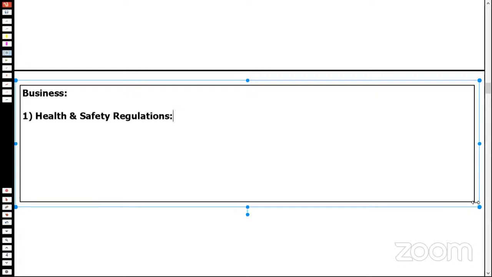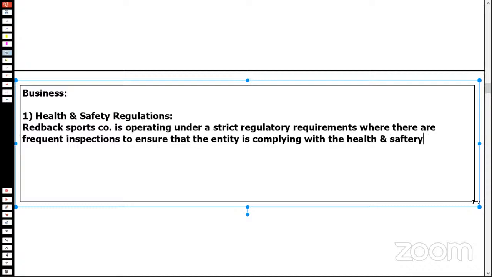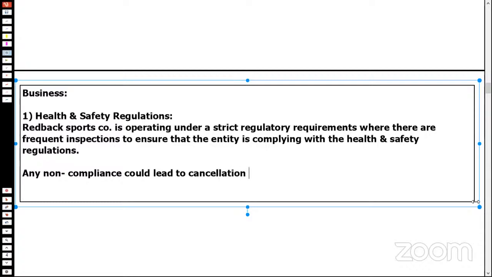So you can't write the answer like this. You have to explain it. I repeat, what do you need to do? You need to explain it. So what are we going to say? We're going to say that this Redback Sports Company is operating under strict regulatory requirements where there are frequent inspections to ensure that the entity is complying with the health and safety regulations. Any non-compliance could lead to cancellation of operating license and hence will have a direct impact on the going concern